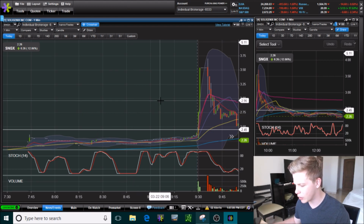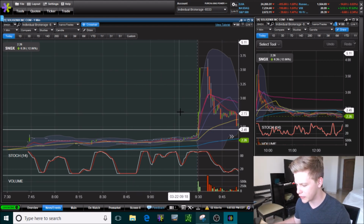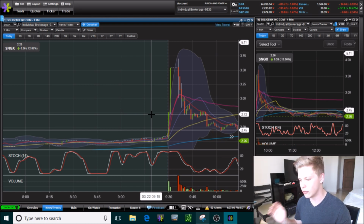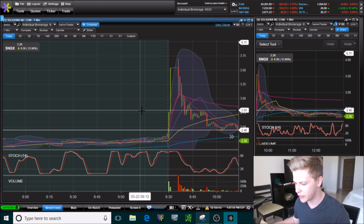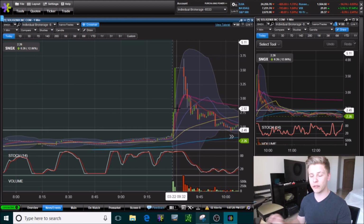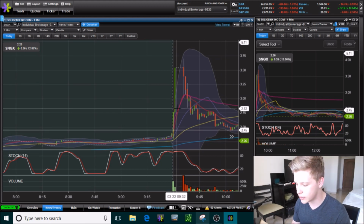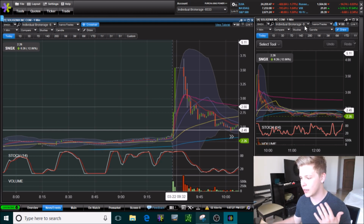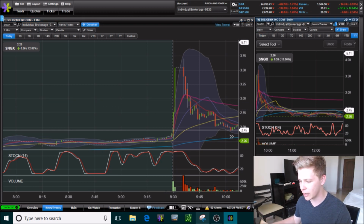So I bought 1,000 shares at $2.53. And by the way, with these type of plays, don't try to use limit orders. These just move way too fast, so you need to use market orders. So yeah, I bought 1,000 shares of SNGX at $2.53, and because we've been having these massive runners, my main plan was to hold until we had the halt. Because if we look back at like CALI yesterday,